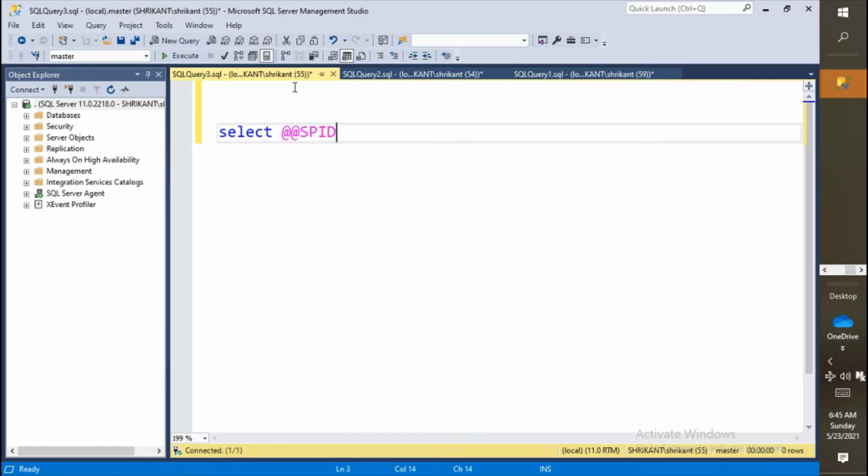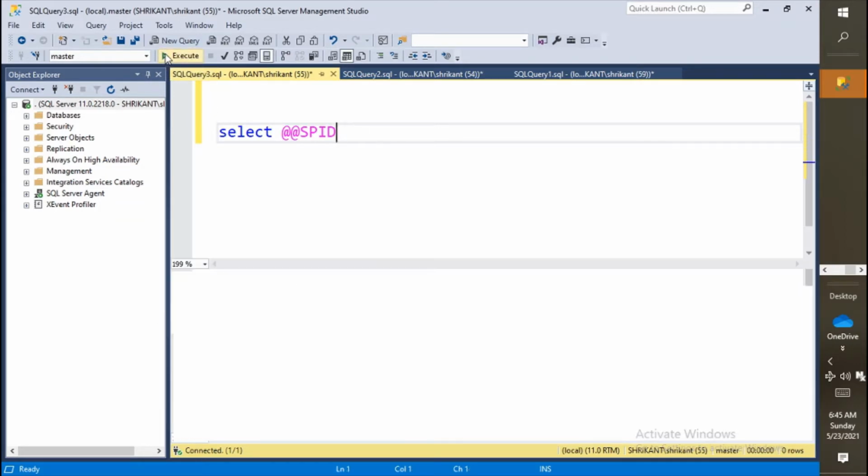So how do we see the session ID for my window? There is a variable @@SPID. This is a global variable. You just need to write select @@SPID. This is a system defined variable. Just run the query.